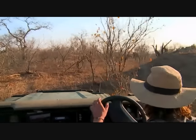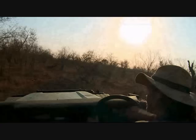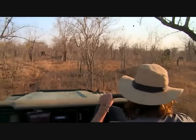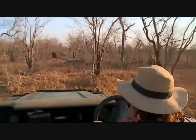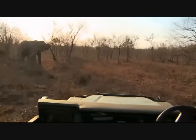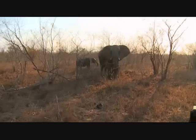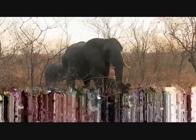Oh, more elephants. There's a tiny baby there. Okay, nice ellie. So it is. That's why I stopped, and you see her body language immediately relaxed. And obviously we don't want to